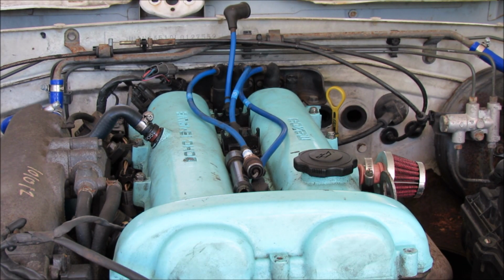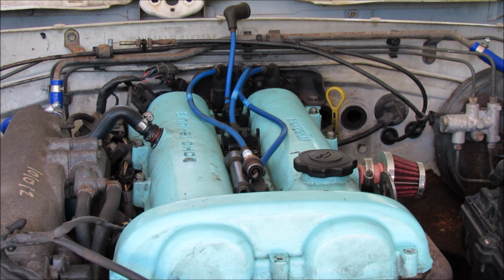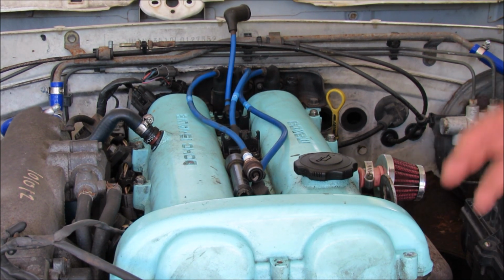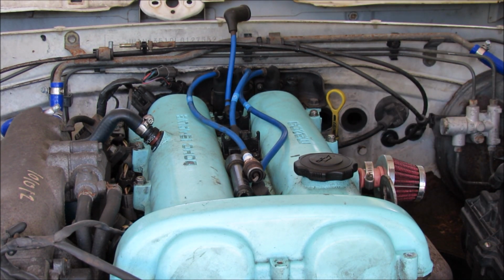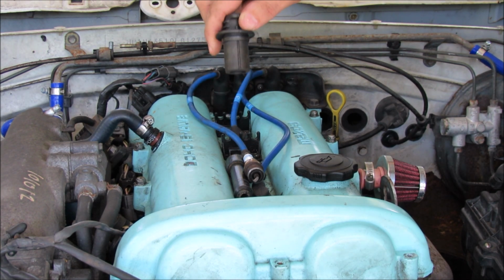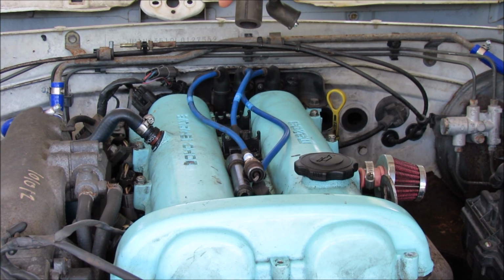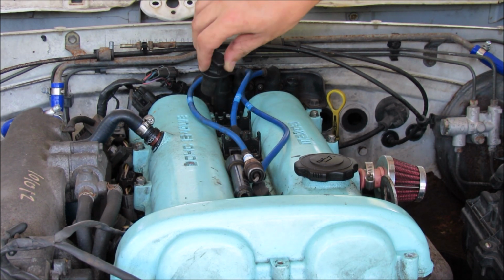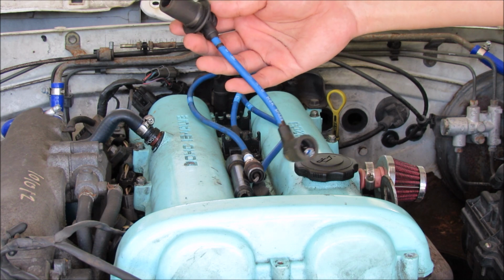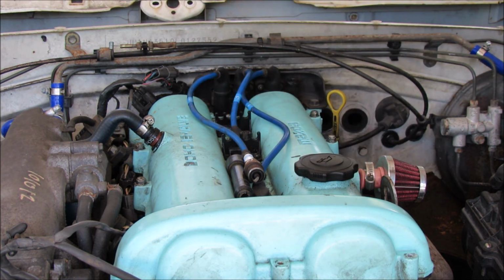So I had 99% of another episode done, which you saw in the beginning. And the whole point was that the Miata was running on 3 cylinders. So when glancing at it, the number 4 spark plug boot was sticking up out of the valve cover a good 1/4 of an inch at least. And after some trial and error and destroying this NGK spark plug wire, which was a big mistake on my part,